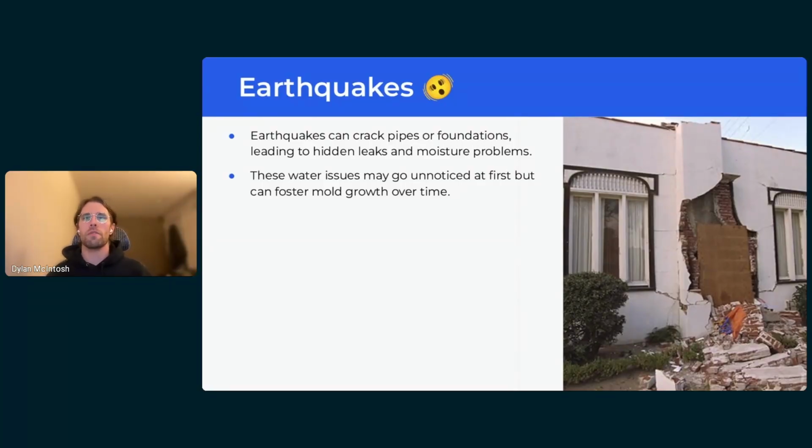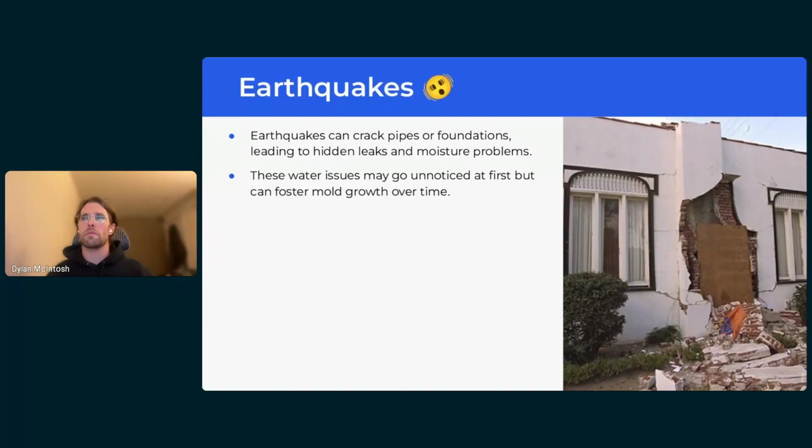For example, foundation cracks. These can be immediate. If a water main supply line breaks, you're going to have water extremely fast right away. But if there's a major foundation crack or flaw that develops in the event of the earthquake, it may take quite a while for you to notice, maybe the next big rainstorm.